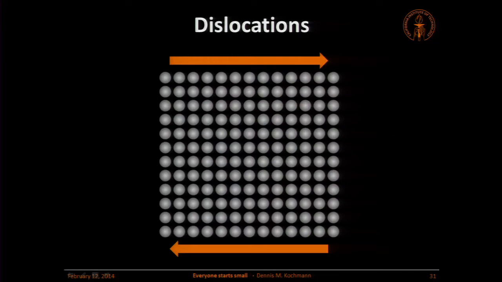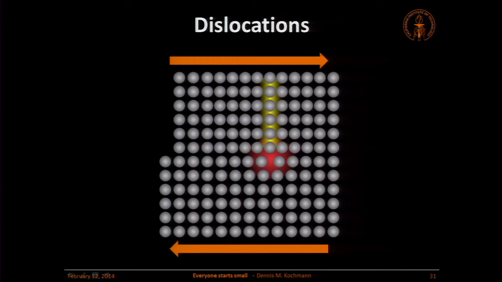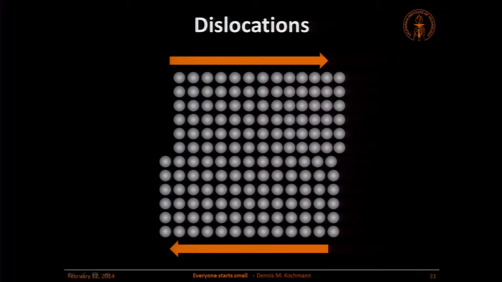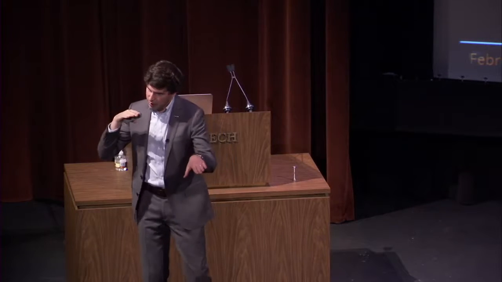Metals are smart. They have a different way to do this, and the way is as follows. They punch in just the first row of atoms. You create what we just called a dislocation, meaning an extra plane of atoms, and this then travels through the lattice. So you only punch it once, and then it goes one at a time. You don't have to move all atoms at once. You just move one plane of atoms at a time. And of course, once this line has moved through, it doesn't want to go back anymore. You have created permanent deformation. Dislocations nucleate. They are created whenever you apply too much force. They're moving, but once they have moved, you have created permanent deformation. They don't go back to where they were before.